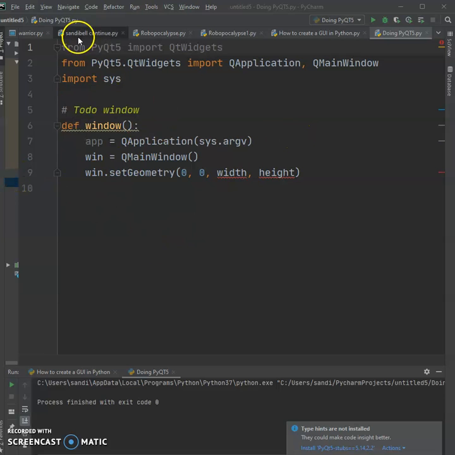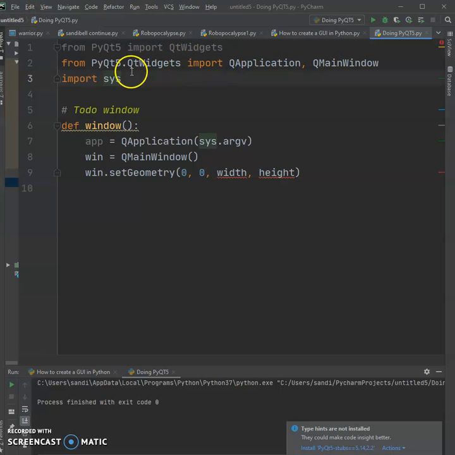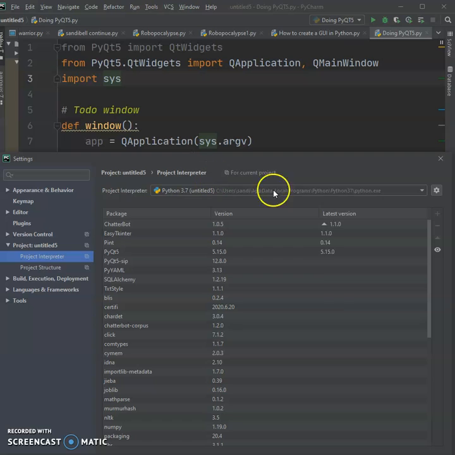Hello, I will show you how to make a GUI application with PyQt5. The most important thing you need to do is install some packages. If you do not have those packages, install them, and if you do, uninstall it and install it again. If you're a beginner, just go to settings,